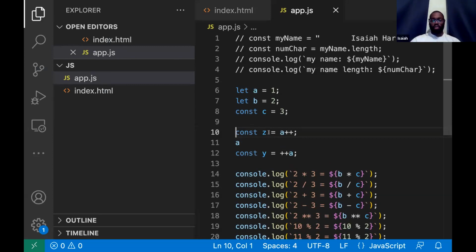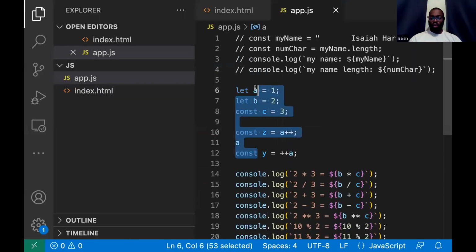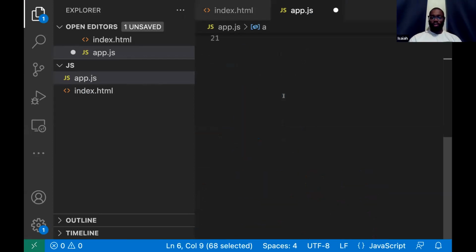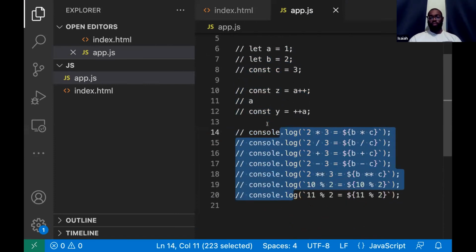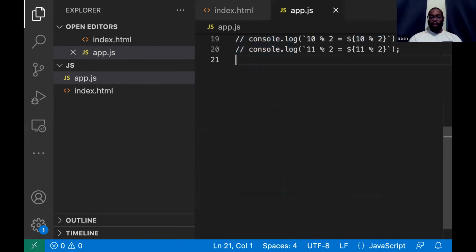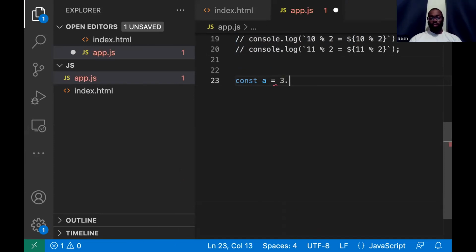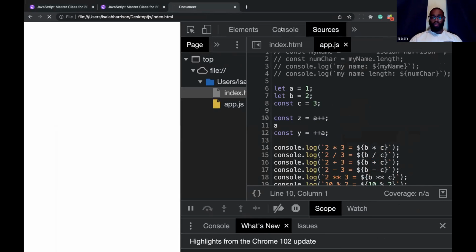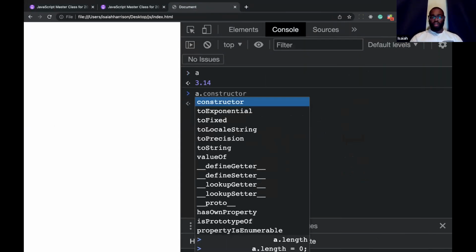Keep that. Actually, I'm going to comment these out. I don't want these to interfere with anything. Okay. If I have, let's say, 3.14, do a refresh. Now A is 3.14. Now to round this up,